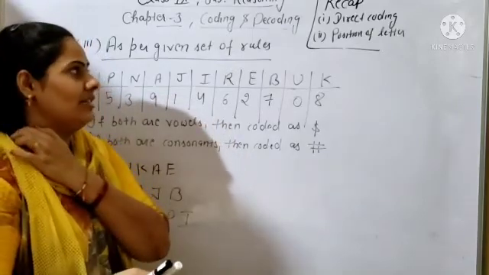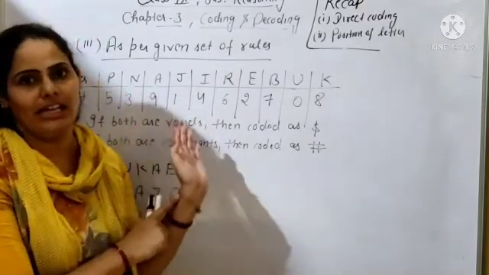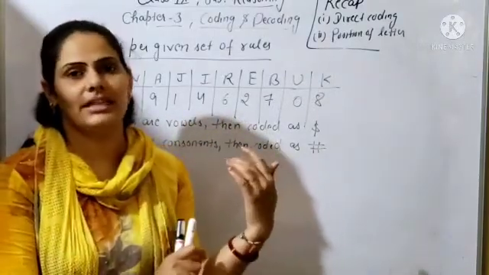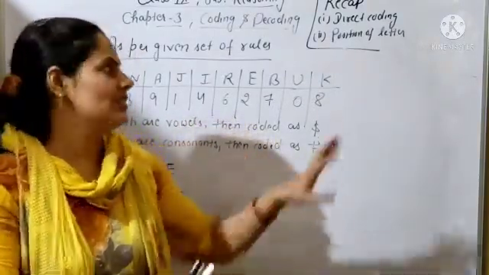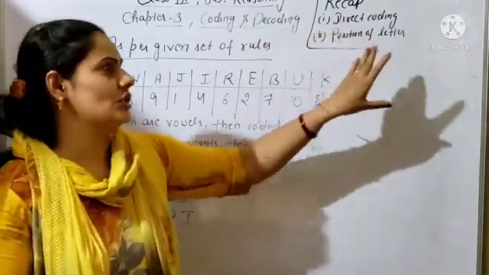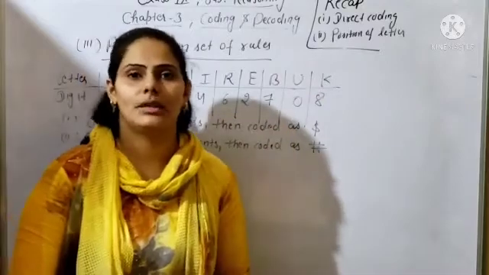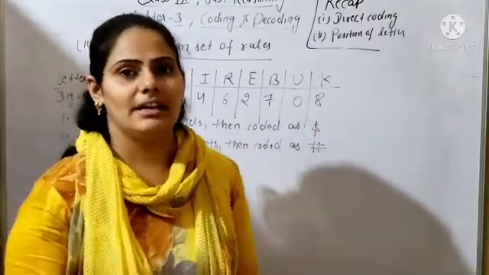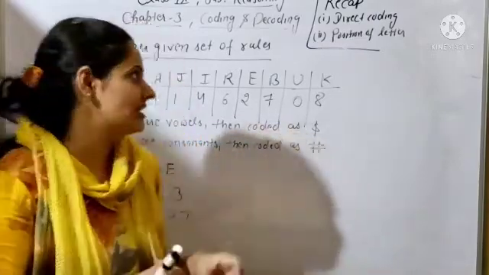After that you can see the position. If you are starting from A, you are starting from the left hand side. If you are starting from Z, you are starting from the right hand side. So this type of questions we have already done. For direct coding and position of letters in English alphabet, you have to practice the questions. I have sent the PDF file and you have to practice the questions.